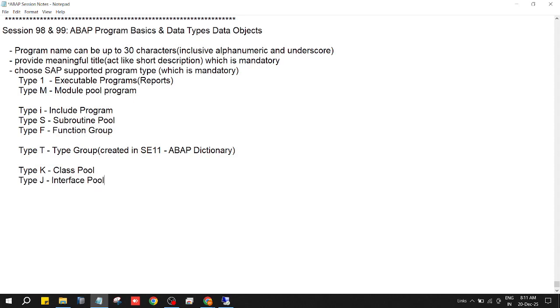So these two are one set, another set. See: 1, 2, 3, 4, 5, 6, 7, 8. These programs are created in AC24. This is created in AC24, nothing but Class Builder. Class Builder is used to create both global classes and global interfaces,